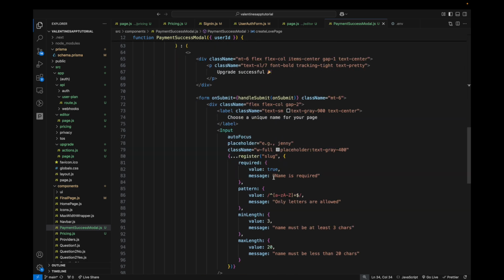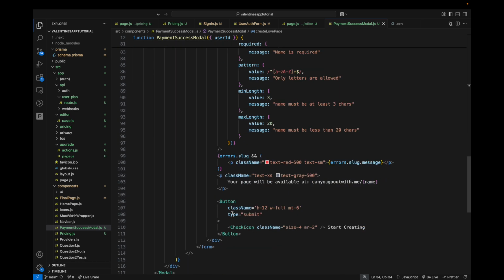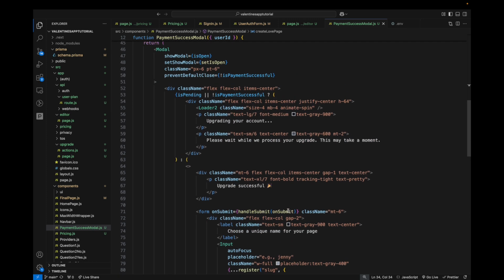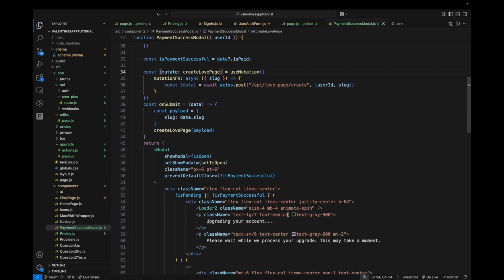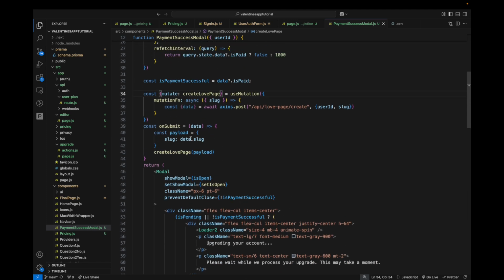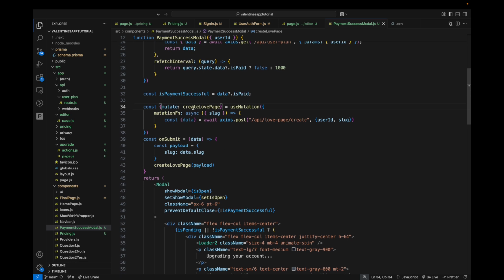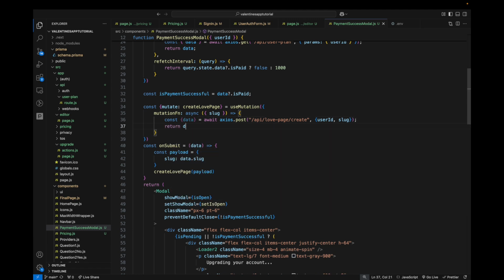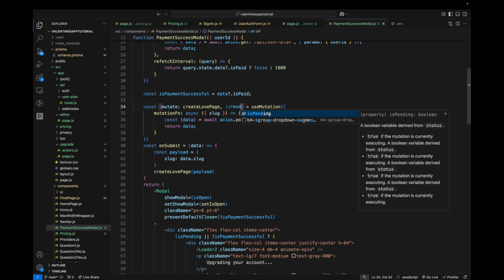Whenever we hit this button right here, because it's a type submit and inside a form, it's gonna trigger this onSubmit, handleSubmit, onSubmit, right? So it's gonna come here, grab the payload, call this function createLovePage, and it's gonna come in here, trigger this mutate function. So let's say return data, and while we are here, let's just add the isPending,